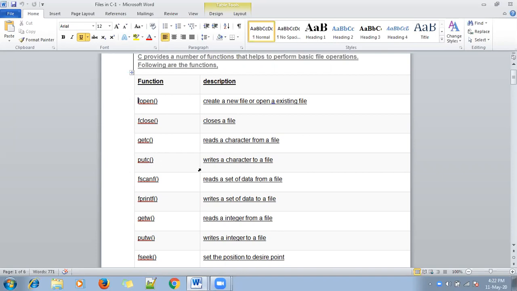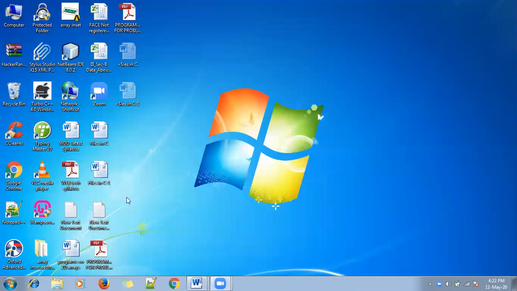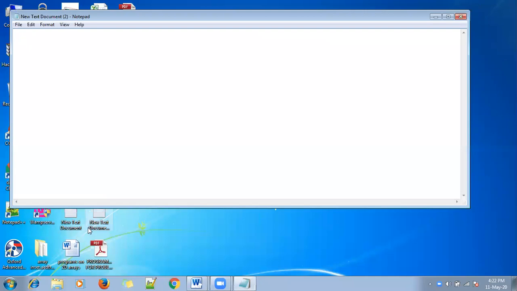Putc is used to write a character to the file. We can put a character into the file. For example, if I have one text file, you can consider this entire thing as a file.